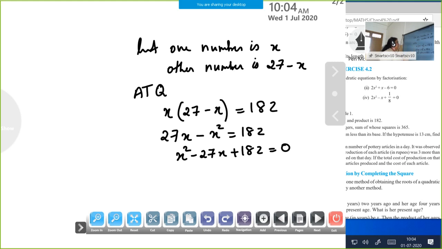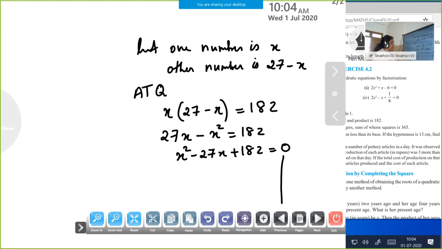x into 27, 27x minus x into x square is equal to 182. Then multiply throughout by a negative sign, or take this LHS to RHS. That is x square minus 27x plus 182 is equal to 0. Then here also